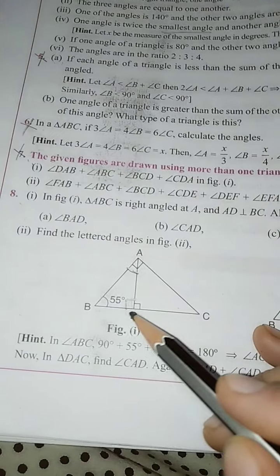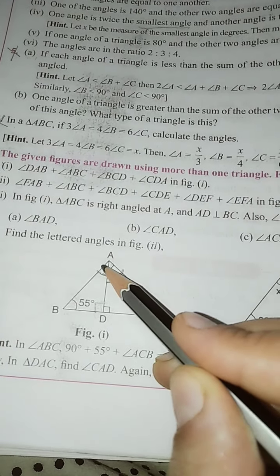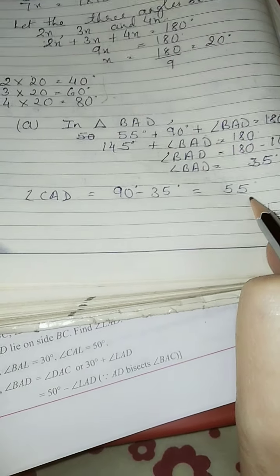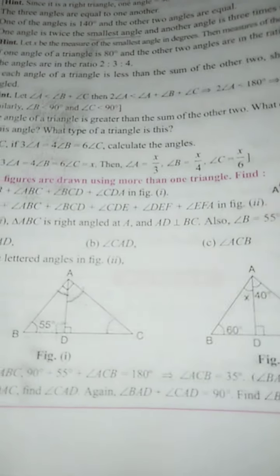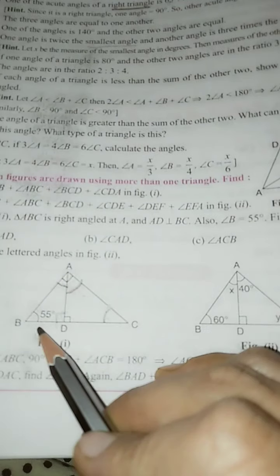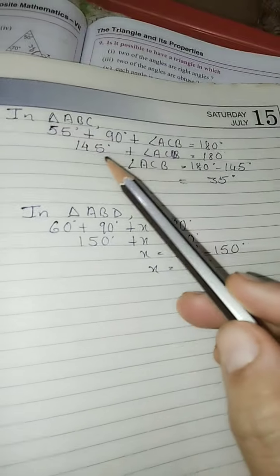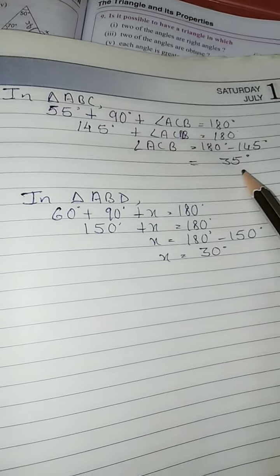Now next is angle CAD. CAD means this much remaining angle. We are already given that the whole angle A is 90. So the remaining angle you can find out, 90 minus 35. So 55 is your next angle. Now third they are asking ACB. So they are asking about this angle C. So let us look at the complete triangle ABC. This is 90, this is 55, and we can easily calculate C by angle sum property. See 90 plus 55 and subtract from 180, and you will easily get angle ACB 35.